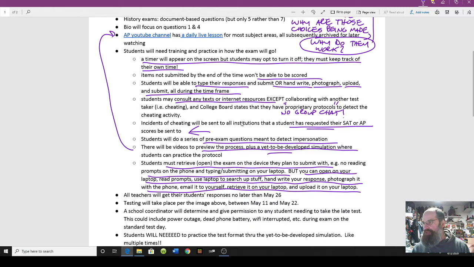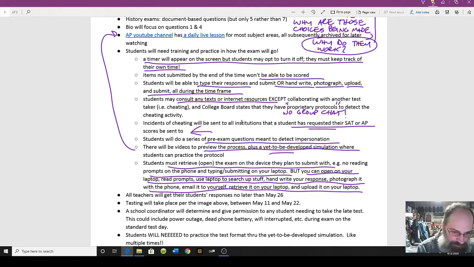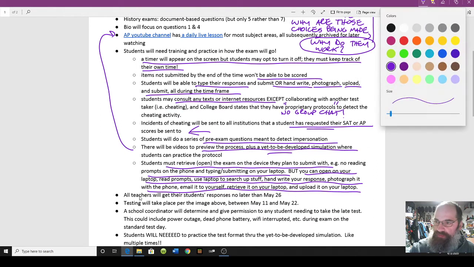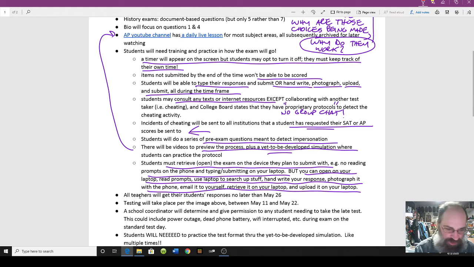Now, this is the part that I'm the most excited about. In fact, I'm going to grab a new color. I'm going to highlight this. Why is it not? Why is it doing that? I don't know. Hell with it. I'm just going to put it in red because it's interesting.